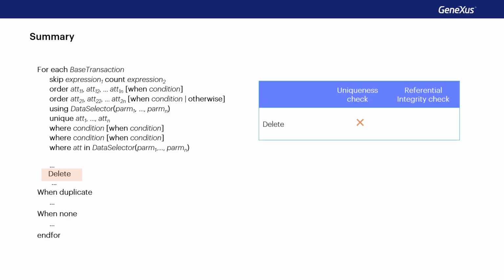For deletion, there's no point in performing a key uniqueness check because nothing is being inserted or updated. And as we saw with insertion and update, the delete operation does not programmatically perform any referential integrity check. Again, this is for performance reasons. However, databases in general do make it, unless we turn off that feature. Therefore, if we don't turn it off and integrity fails, they will throw an exception.